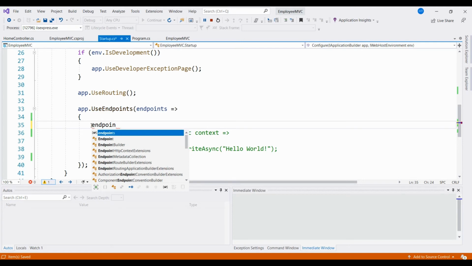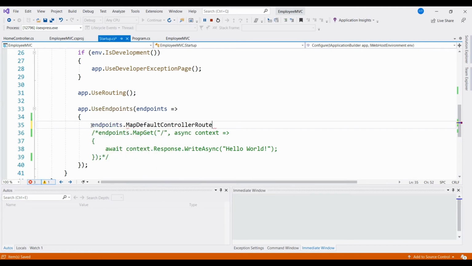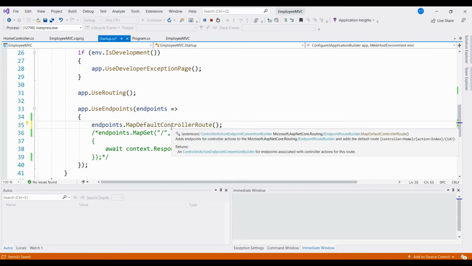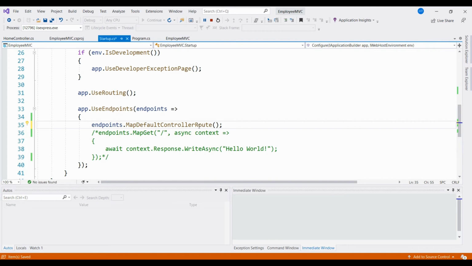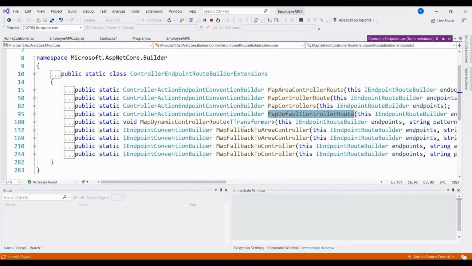Here endpoints dot map default controller route. Now this method default controller route will invoke the default controller. So just right click this default controller route method and say go to definition. Here it will open up the library file where it is defined. Just expand this one.